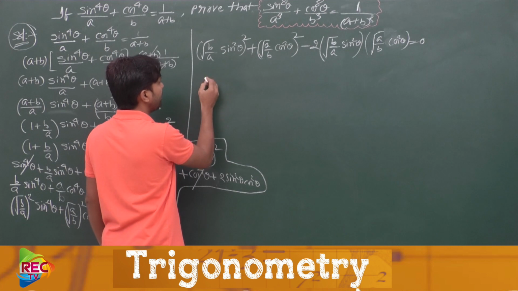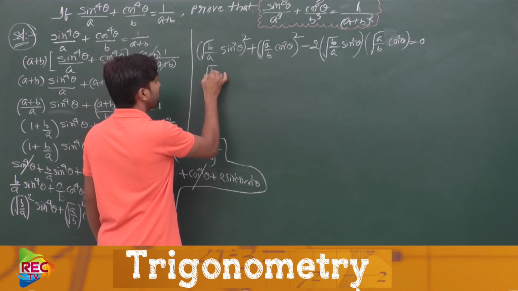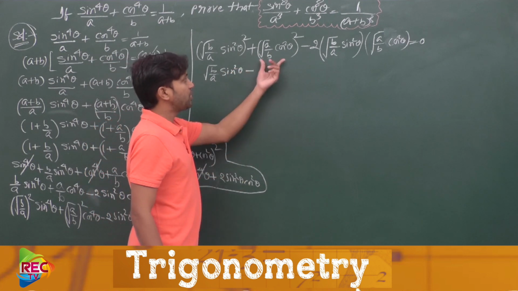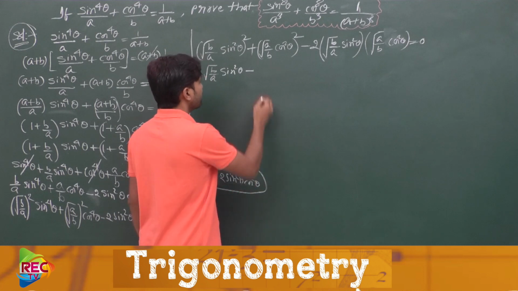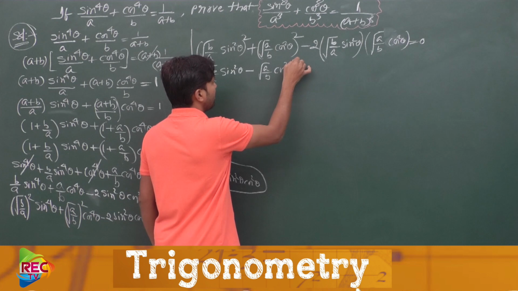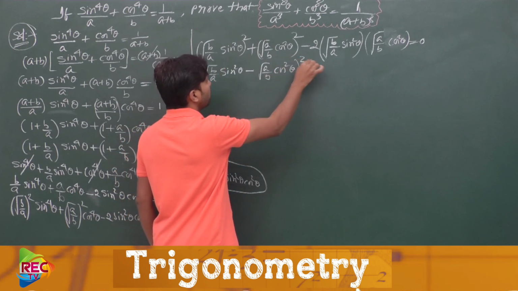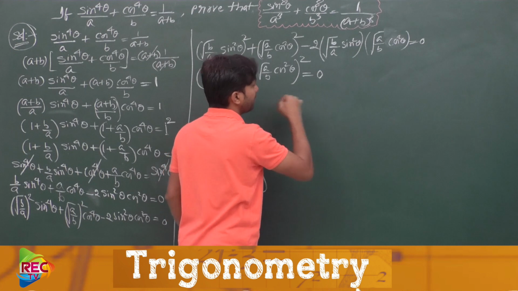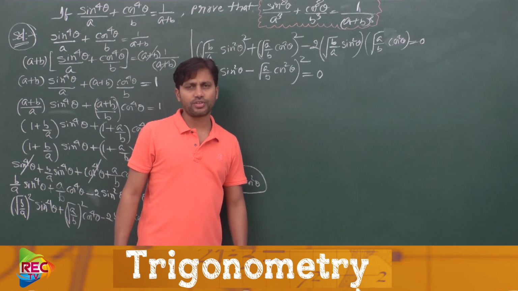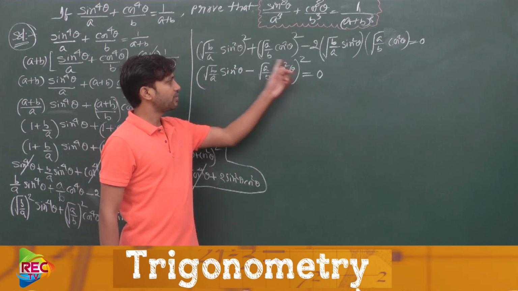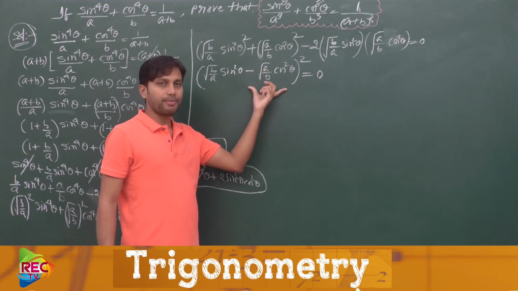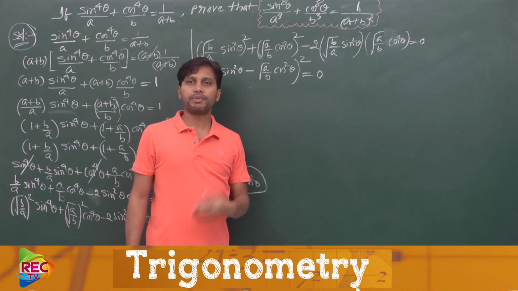which one is a? Root b by a sin square theta minus b is what? Root a by b cos square theta. For that we put whole square, which is equal to what? 0 again. Okay, square of any number equal to 0 means that number is also equal to 0 or not. Or else I'll say, if you apply the square root on both sides, here square and square root will be cancelled, and this term will remain, and square root of 0 will be 0 itself.